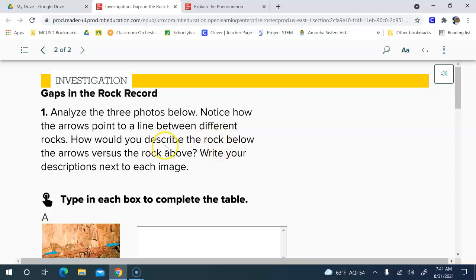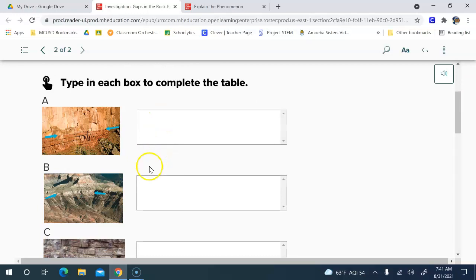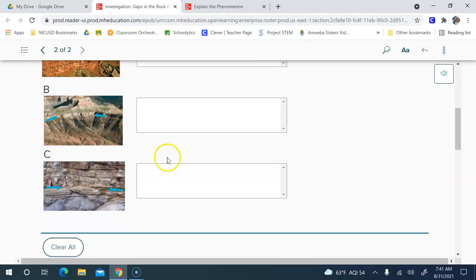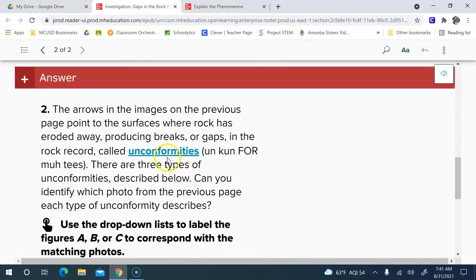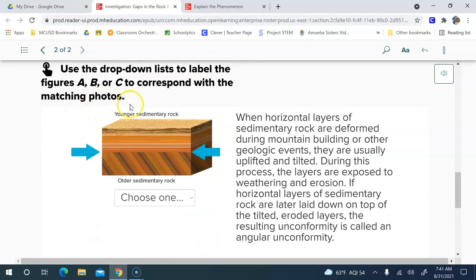You're going to look at how the arrows point between different rocks, and how would you describe the rock below the arrow versus the rock above. And then in each box you're going to write your descriptions. And then read number 2. Here you're going to,